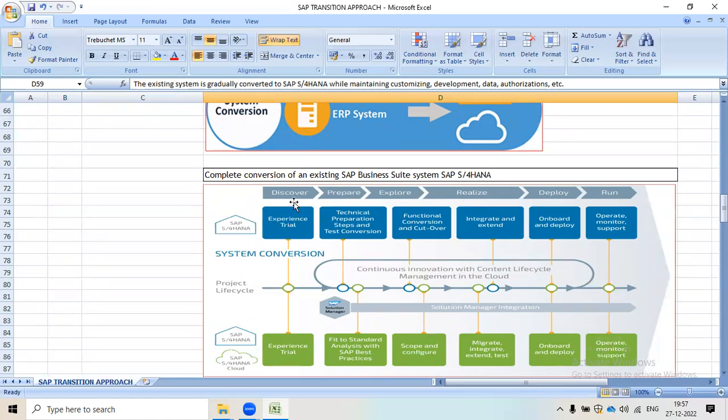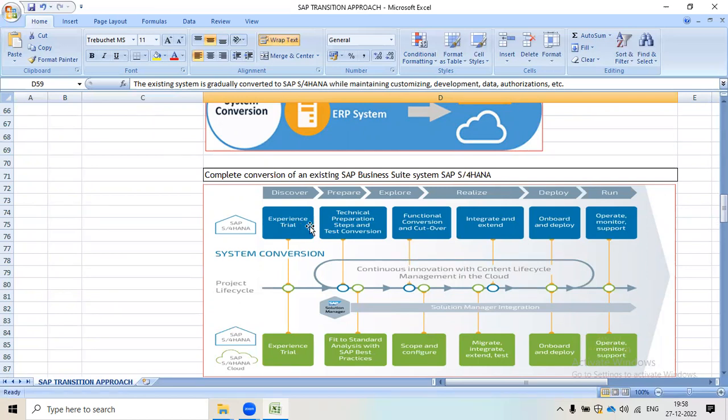So in the discover phase, if we are going to convert our system from ECC or ERP to HANA, we need to take an experience trial of how the system is working, and understand the project life cycle and how we can do continuous innovation with this system.